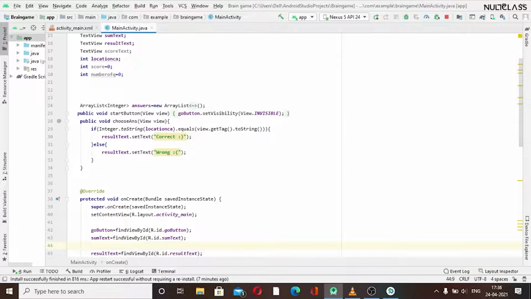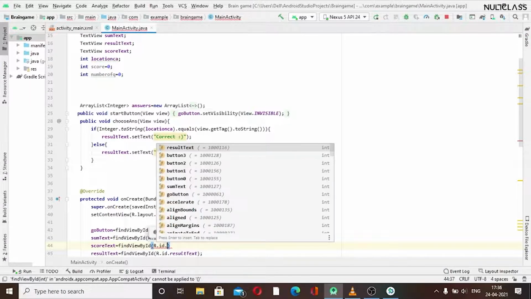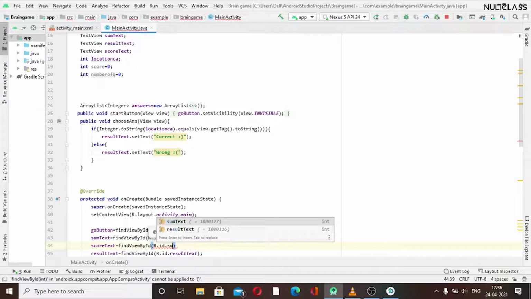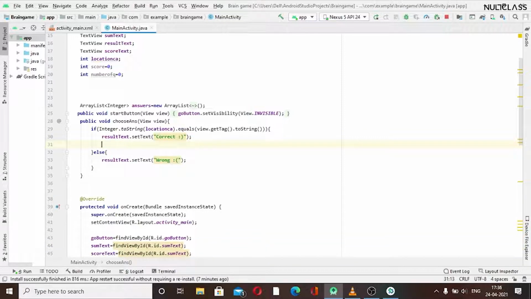So I will write score text equal to findViewById dot id dot our sum text. Okay, so now we can use this sum text. In this, if the answer is correct, then only the score should get increased. So we will write that in our if block: score plus plus. This will increase our score by 1 if our answer is correct.